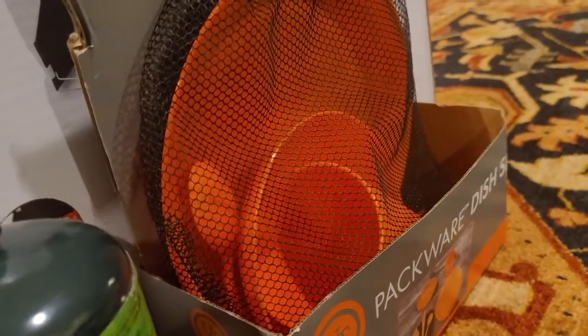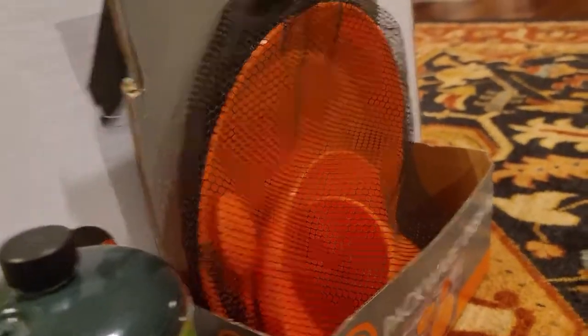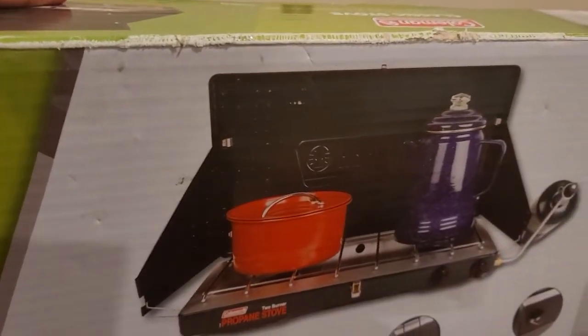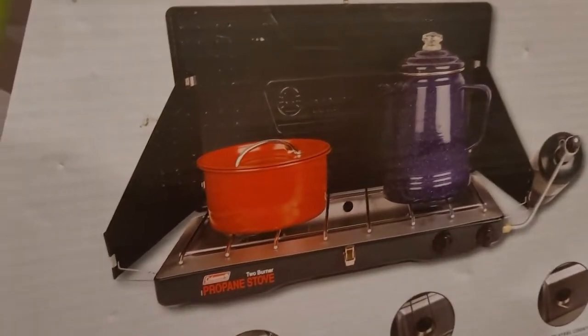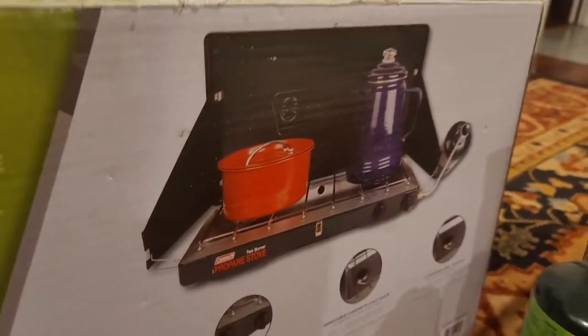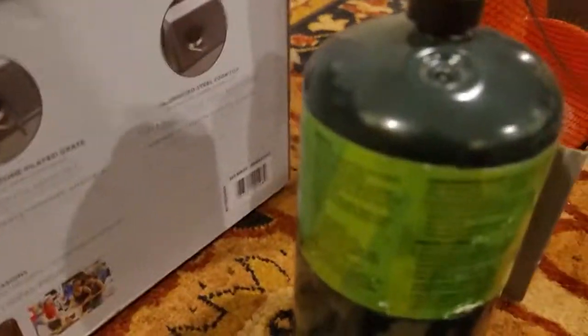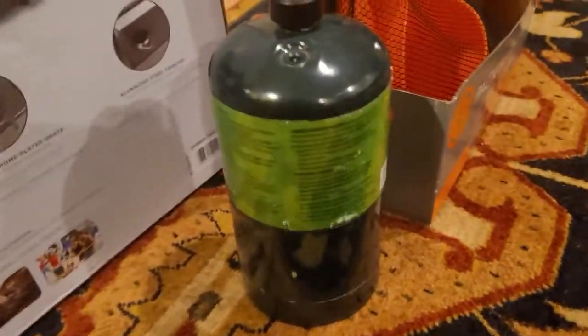Then there's the stove. You can use stoves to cook your food. There are different types. This is a Coleman one, and it's a very good one. It lasts for very long, as you can see. You're going to need to attach it to propane, and this has space for 2 pots or pans or anything. And along with this, you're going to need the propane. The one we have is also the Coleman propane. You just need to attach the knob there, and you should be good. Make sure you get one that's filled. And make sure you do not shake this thing because